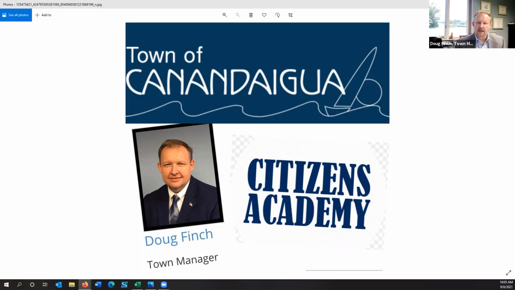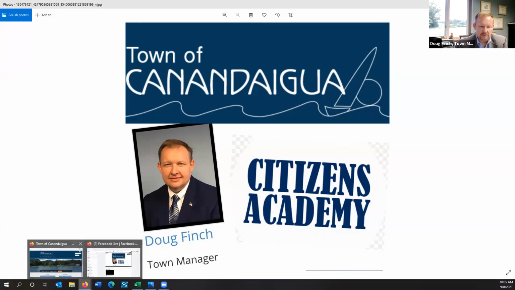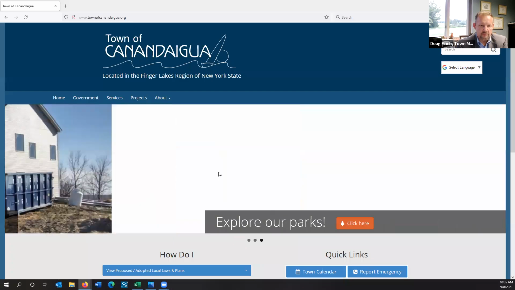Maybe it won't take up the whole hour this month as we walk through that process, but we'll get into some of the particulars of the budget. So first, I have a printed copy here in my hand that I go through, and all the town board members get a printed copy of this, but where would you find the budget information? So let's go to the Town of Canandaigua website. And I'm just going to pull that up here,